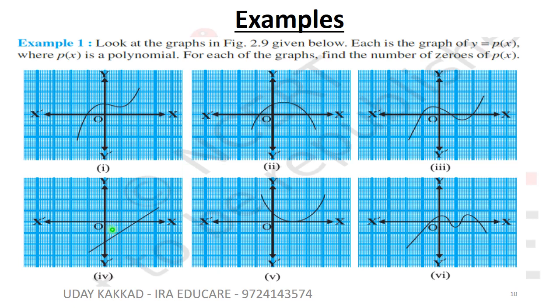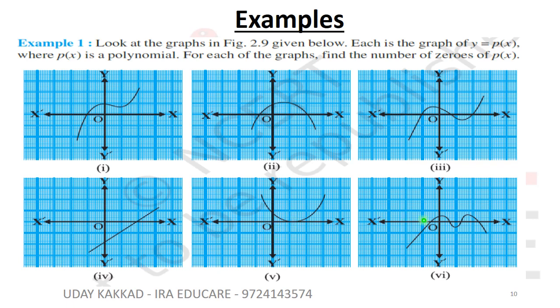Now come to the fourth one. Here you can see that the x-axis is there. So here 1 point. Here is the y-axis, my friends. So don't get confused, right? Here only 1 point is there where the x-axis is going to intersect. So this is your 1 zero, right? Here it is like a tangent, right? The x-axis is tangent, okay, to this curve. So here also only 1 point is there, okay. So for that the zeros is 1, right?